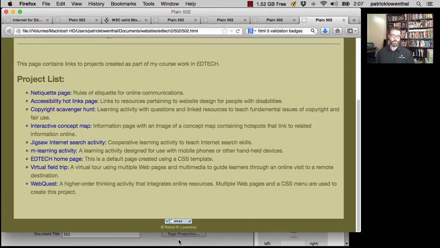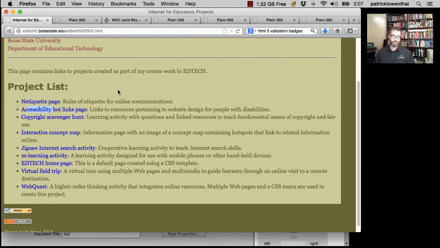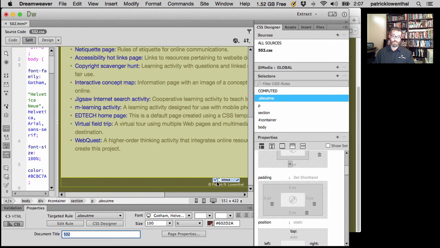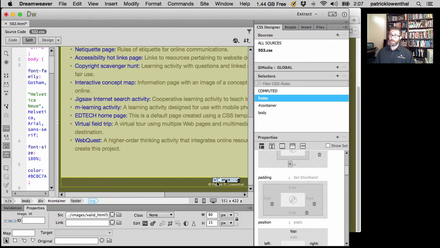I could probably use a little bit of margin down here for my footer. And then I would want to add basically my HTML badges or my HTML and my CSS validation badges. I'd want to validate my code. So I'm going to do those two last things. I'm not going to actually go into how to validate both of those in this video, but what I am going to do is I'm going to